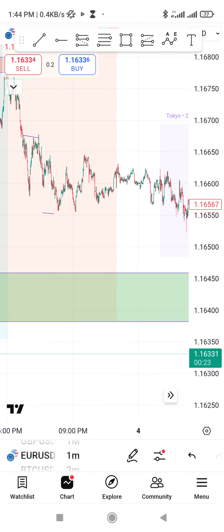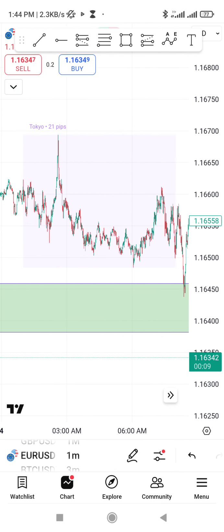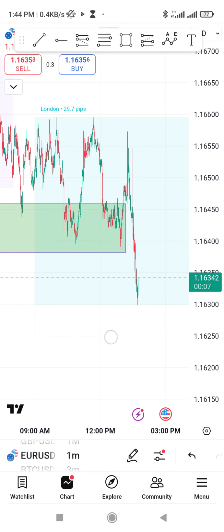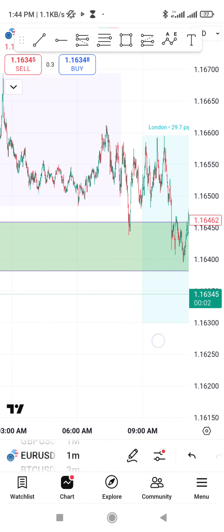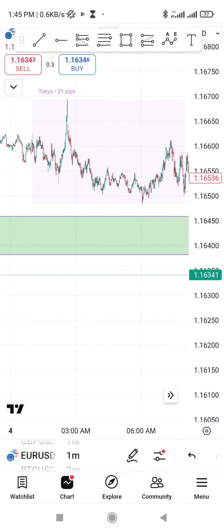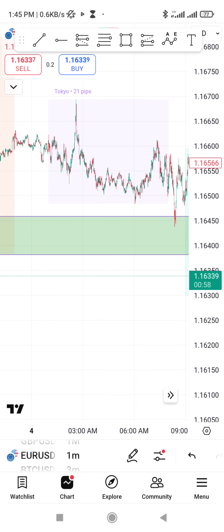Sometimes it's not always an A plus setup, but in it we can try to make something good out of it. So I'll be doing a trade breakdown of the analysis that has happened from the Asian session to the London session, where we are right now, and what I'm expecting from the market. I need to give a bit more clarity on how I generated this particular POI, so I'll be going forward to delete it.